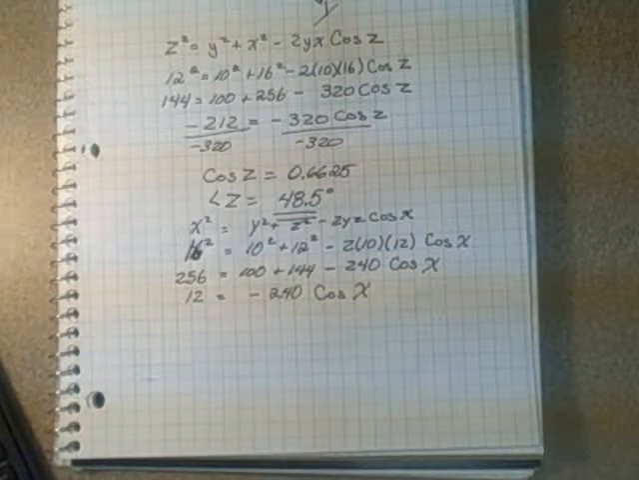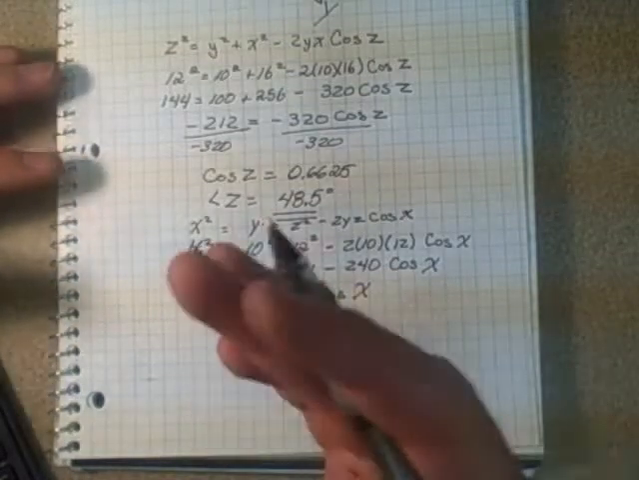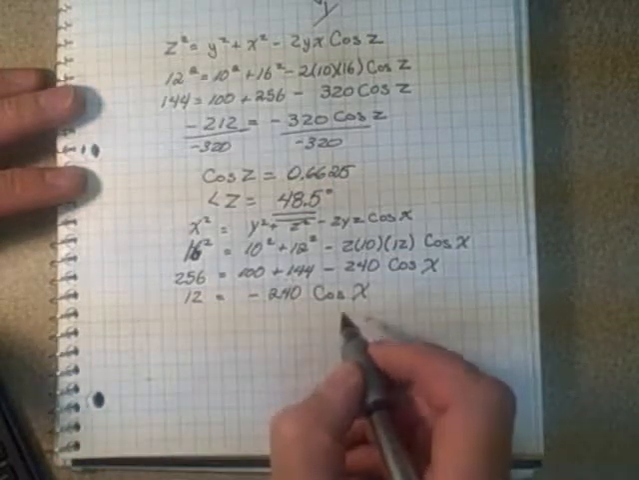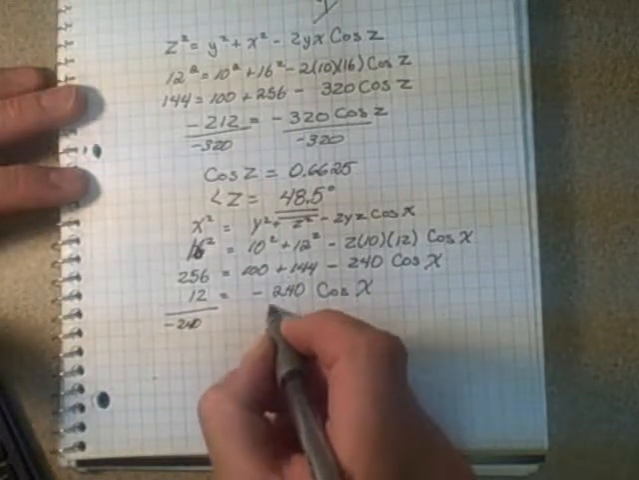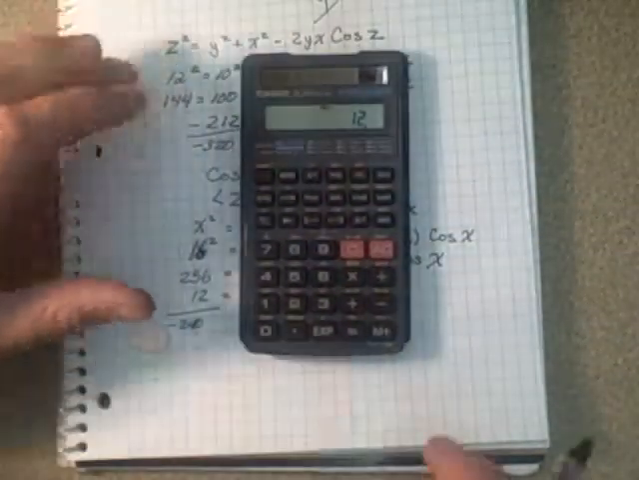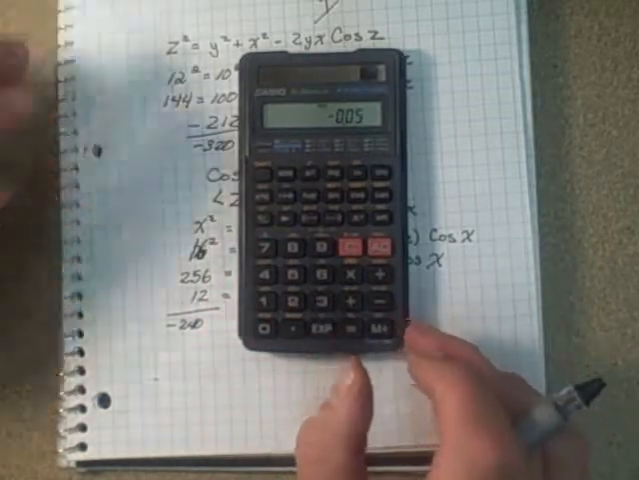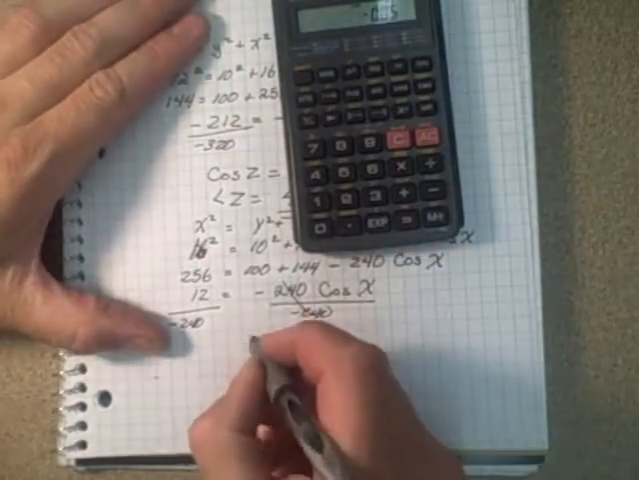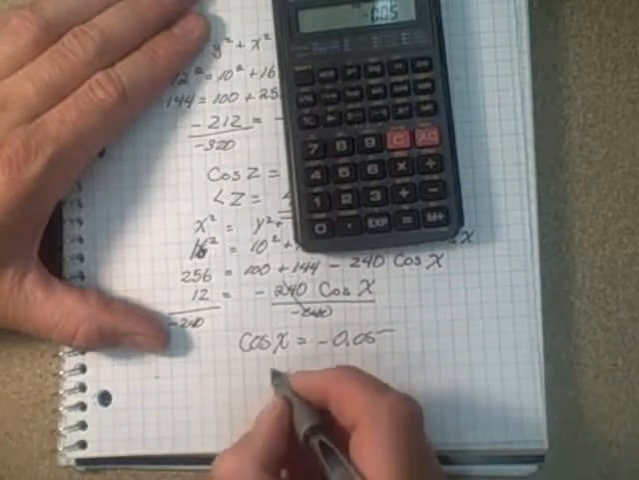We see that this time we're going to get a negative value. That means it's probably going to be over 90 degrees, so my diagram might be a little erroneous. Divide by negative 240 on both sides. Here we are, 12 divided by negative 240 is about negative 0.05. So cos x equals negative 0.05, and x equals